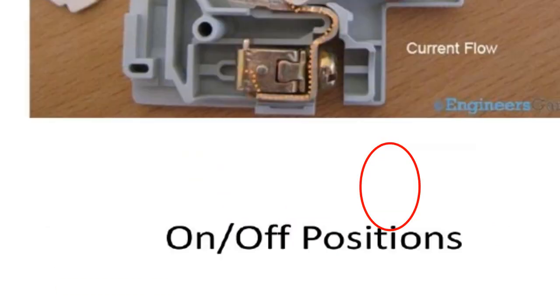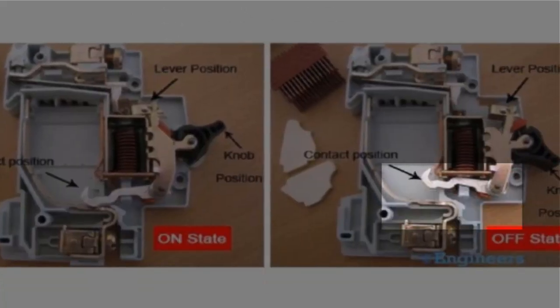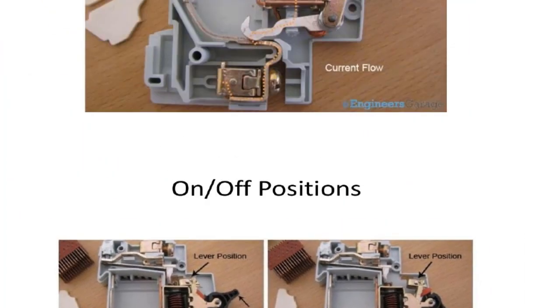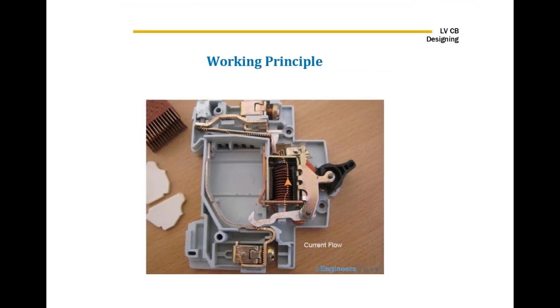to trip the circuit. So you can see here, when the moving contact is isolated from the fixed contact, current is not able to pass through the circuit breaker, because in this path there is a discontinuity. Therefore we can say that the circuit is isolated from supply under abnormal condition. So this is the basic working principle of MCB and MCCB. Hope it is clear.